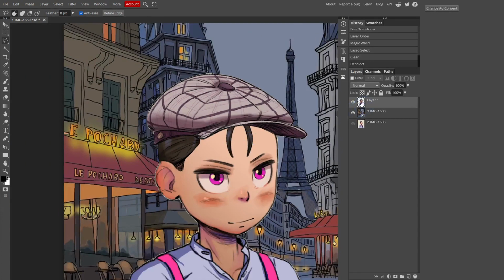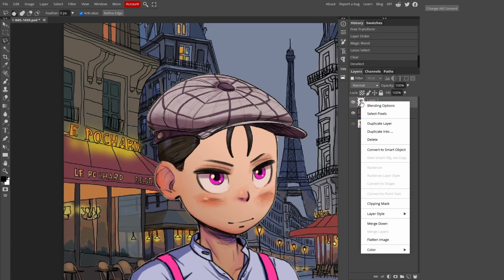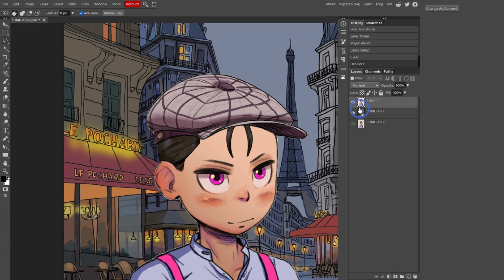What you can do as well, and it's the quickest way I think, is grab the pixels of your image. I see that actually there is no button in order to do that, so I'm going to show you one pro tip, one shortcut. You can press Control, or hold Command on a Mac, and click onto the layer thumbnail. And as you can see, it's bringing back the whole selection of my element.